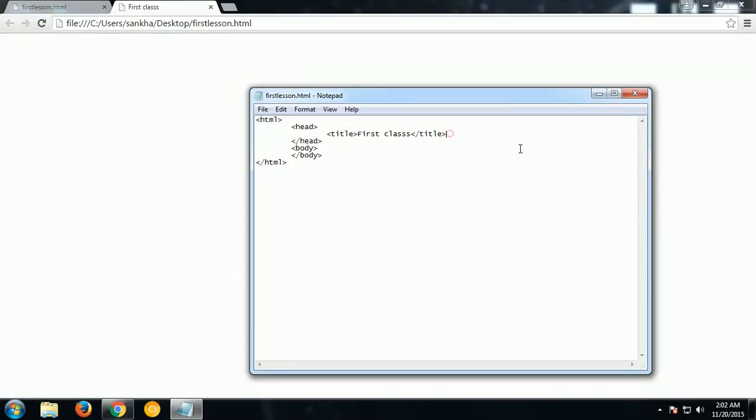Okay, now the head tag is specially for linking our external or on-page CSS and JavaScript files. We may have any other file, but the basic requirement is to put the link of CSS or JavaScript files, and in the body tag we are going to put all the content here, like